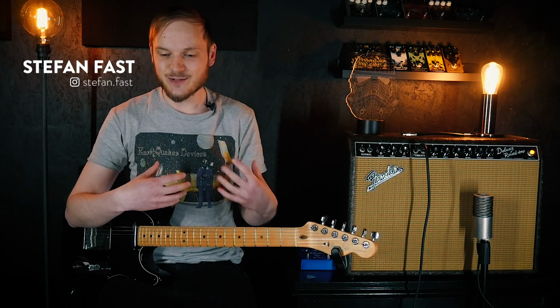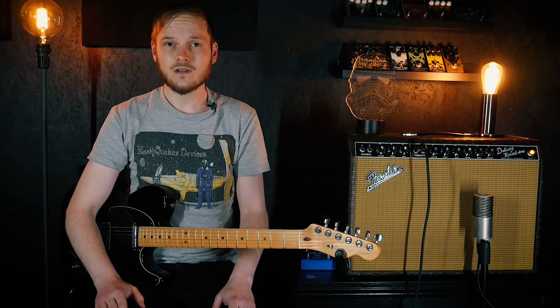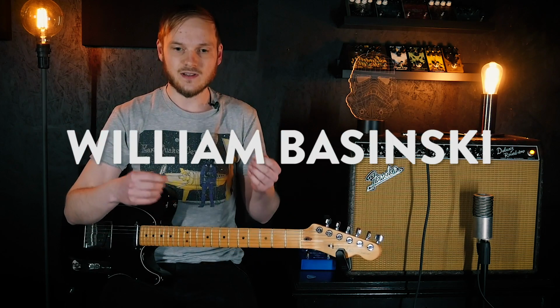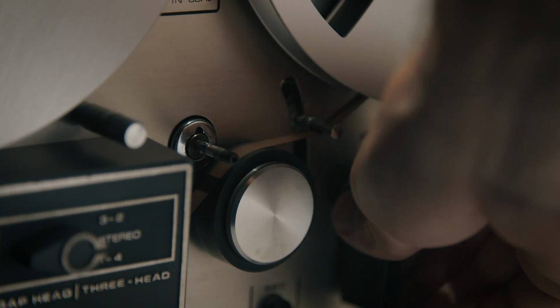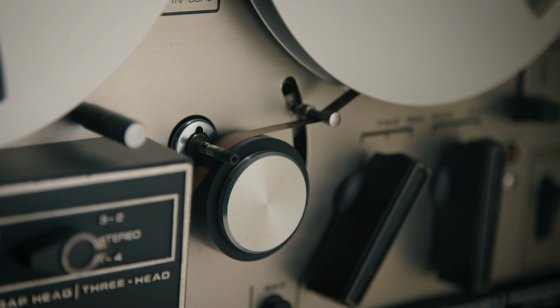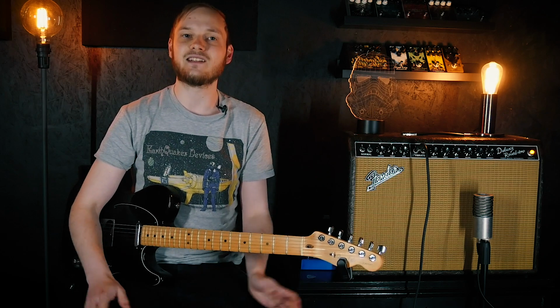Now, gritty lo-fi sounds have always spoken deeply to my emotional and musical heart, and I think it all started back when I first heard Disintegration Loops by William Basinski, which is these old tape loops that he found and tried to restore. During the restoration process, they actually fell apart, and he began to record it, and you can just hear these tape loops slowly starting to disintegrate, and they warble and distort more. It's a very emotional journey just sitting there and listening to it. And ever since that day, I've just been completely into that warbly,